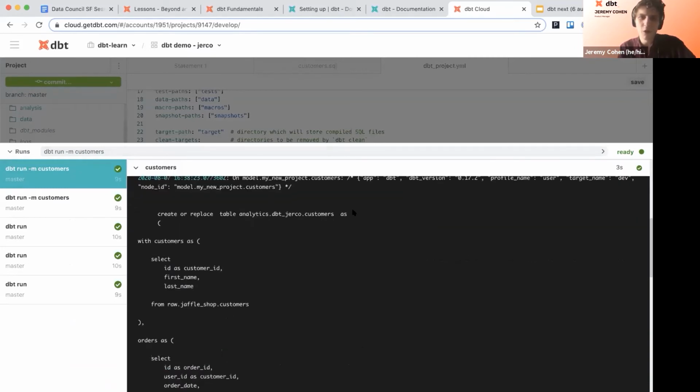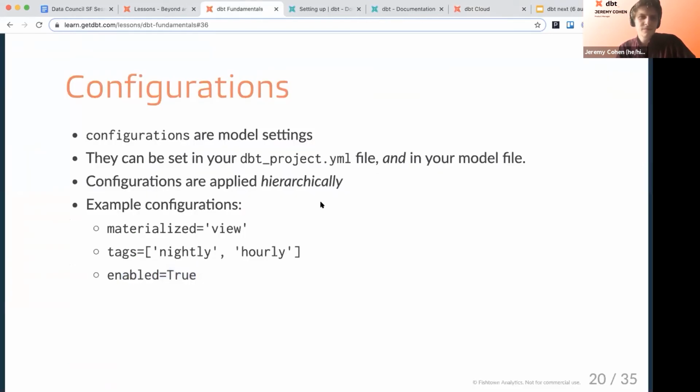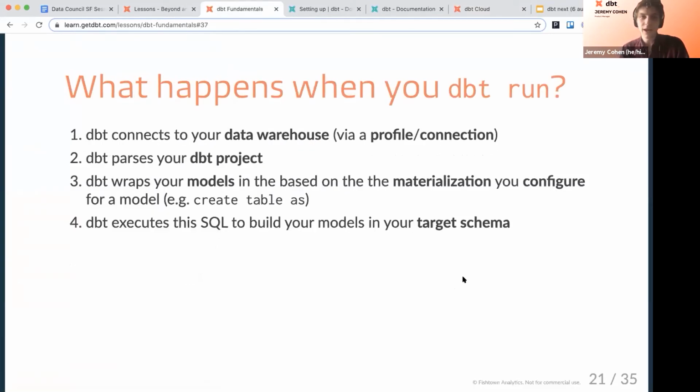Nice. No more transients. So again, connect to the data warehouse, parse the project, wrap those models in the appropriate DDL, DML, execute that SQL to build models into the target schema.